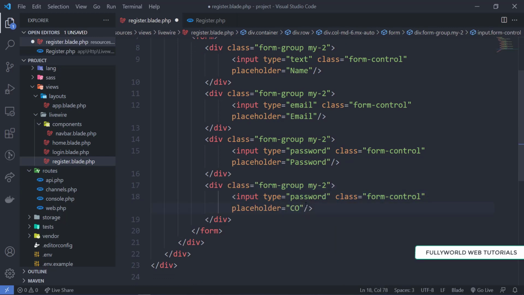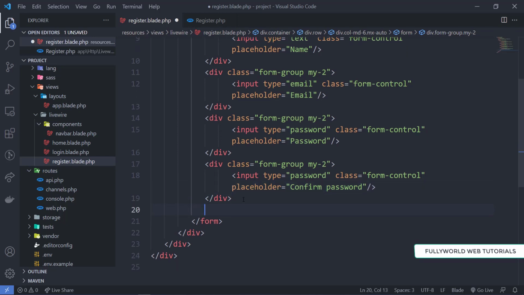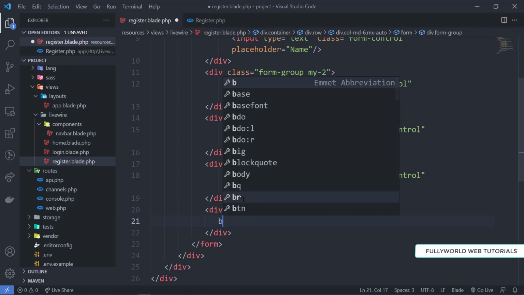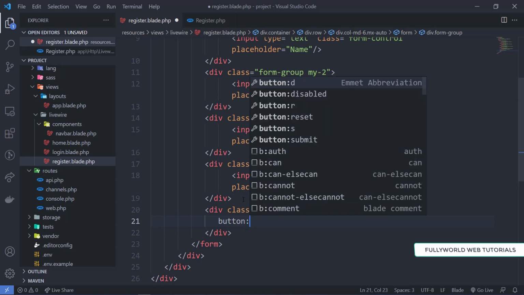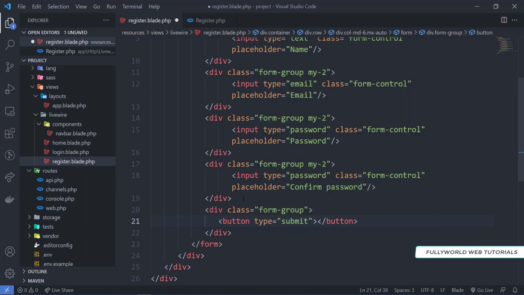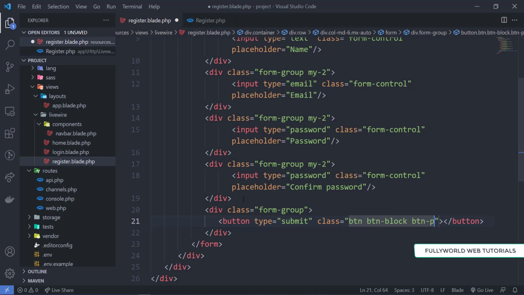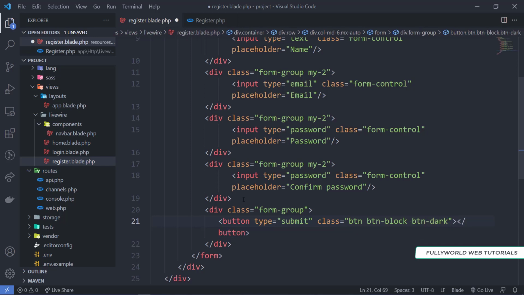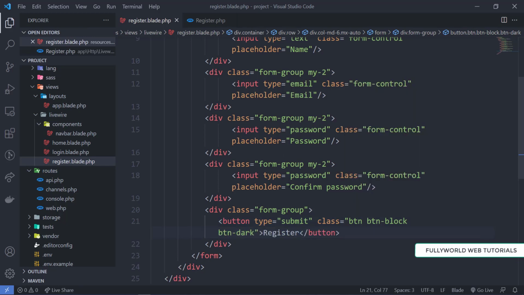Then we need a button here, so form group, and we need a submit button, and its class will be btn btn-block, and then btn-primary. Btn block is good. And then we are going to write register, save it, and now let's see.